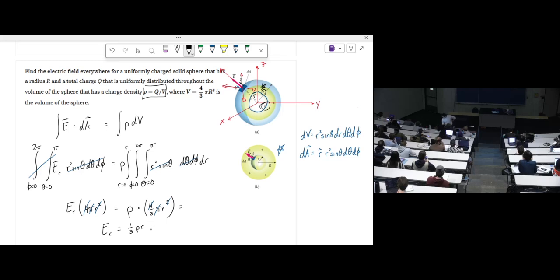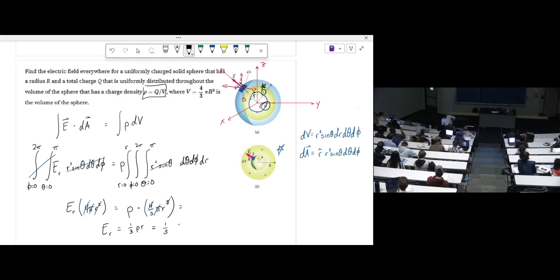Yeah. And then 1/3 rho r, I get, trying to see where everything cancels, sorry. One-third rho r,